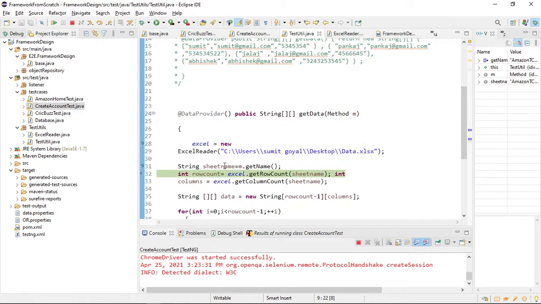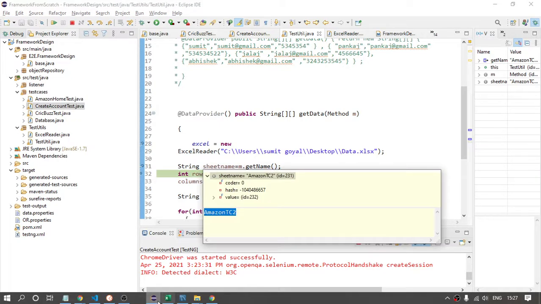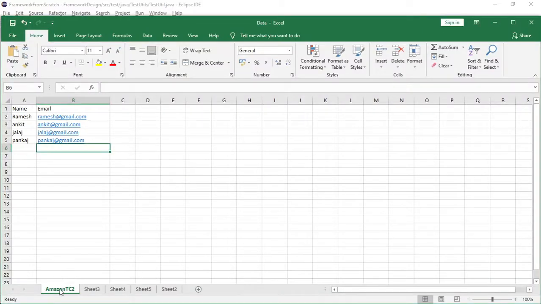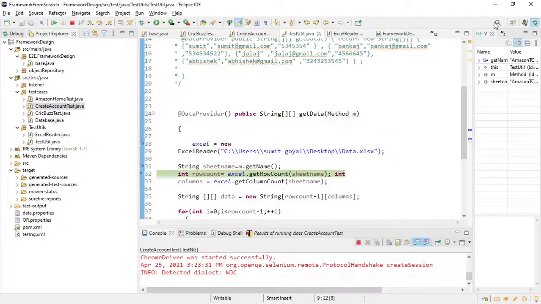And if you see, this sheet name and method name are similar, right? Then only we can fetch. That is the reason I provided the similar name. So even if your method name is something else, like suppose your method name is XYZ, right? At runtime, your method name will be the same, and the sheet name will also be the same, so you will be able to fetch the data without any issue.